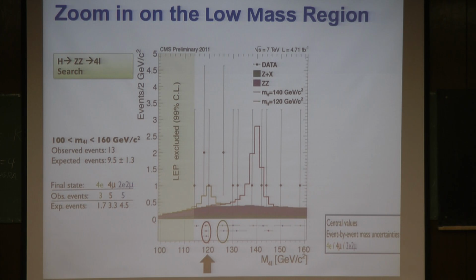And I will remind you here that there is 1% resolution for the muon PT, and that translates to 1 to 2% resolution in the invariant masses. The things in the circles are 3 of the 5 4-muon events. These are the 4 muon, they are red, and they are at 119 when you do them event by event. The other ones are electrons, and the blue ones are the 2 electrons, 2 muons.